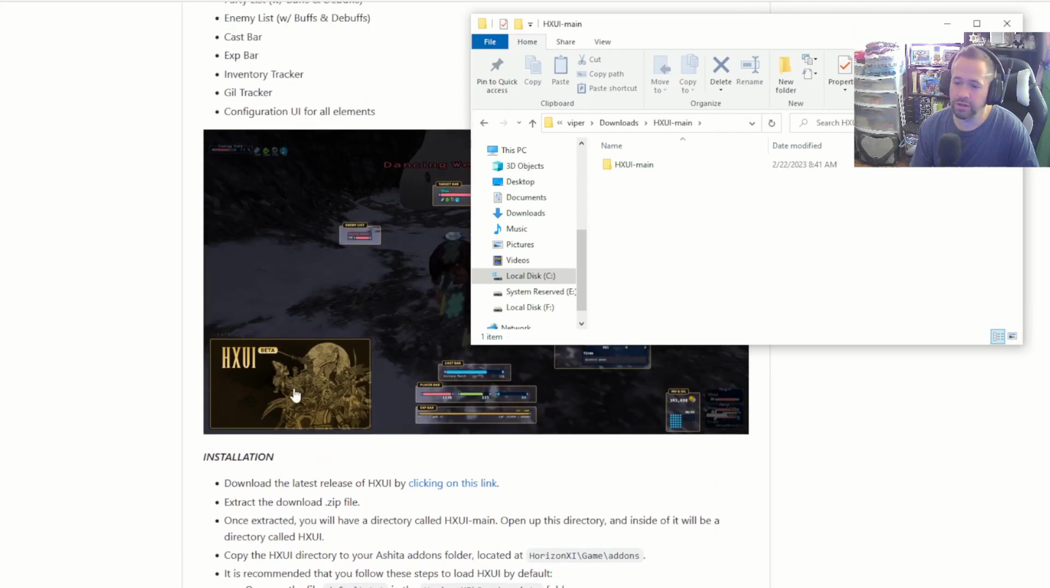There we go. All right, so download the release of HXUI by clicking on the link, I did that. Extract the file, I did that. Once extracted, it'll create a directory called HXUI main right there. Open up this directory, and inside will be a directory called HXUI. Copy the HXUI folder to your Ashita add-ons folder, which is going to be,